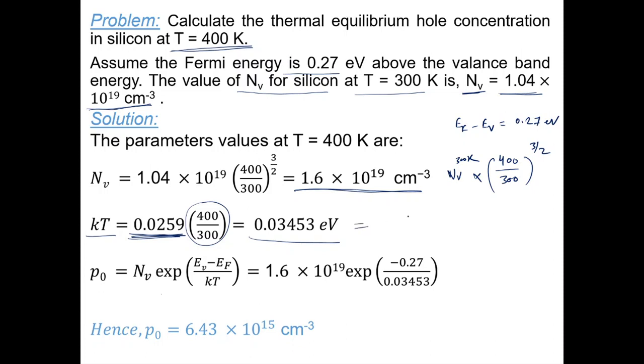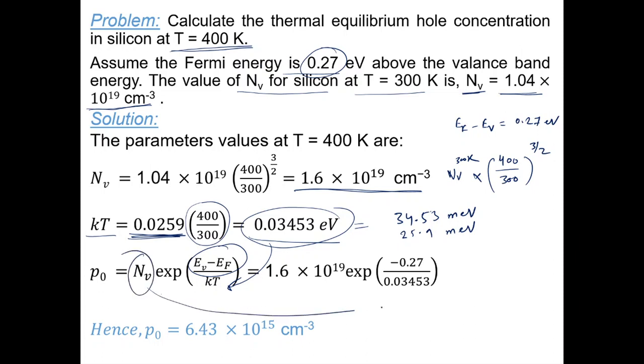So this will be, please ignore what I said, 34.53 milli electron volt, and at room temperature it is 25.9 milli electron volt. So we feed all these values back, we get the value of KT, which goes here. This is something which you already know, which is 0.27, and NV is something that we already calculated here. So you feed all the values here and you get the hole concentration, which is 6.43 into 10 power 15